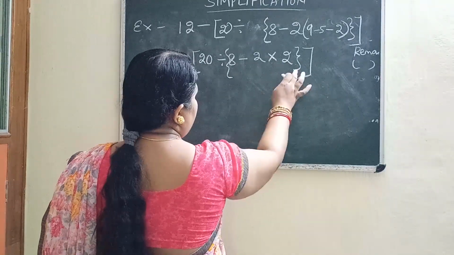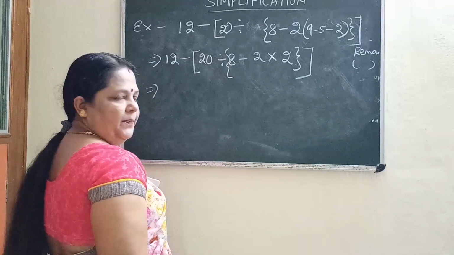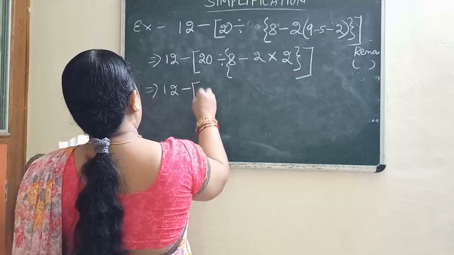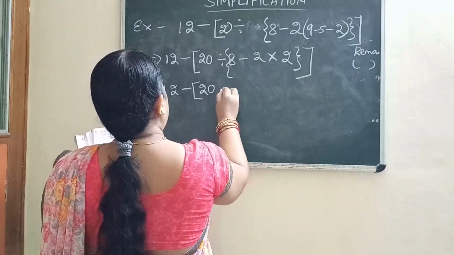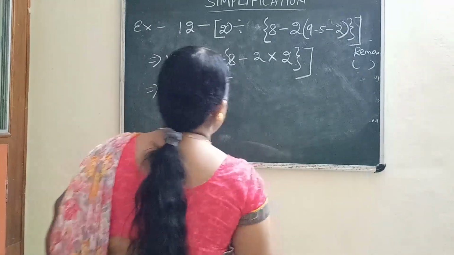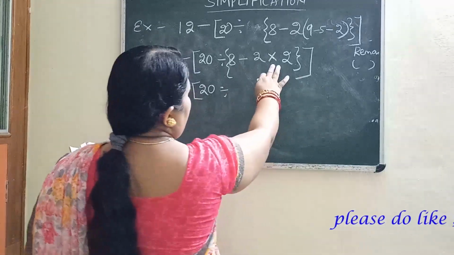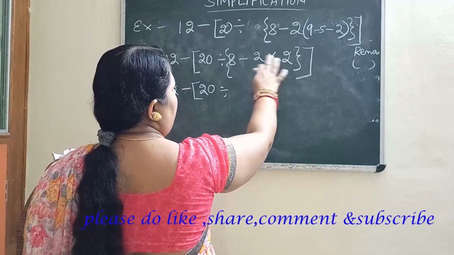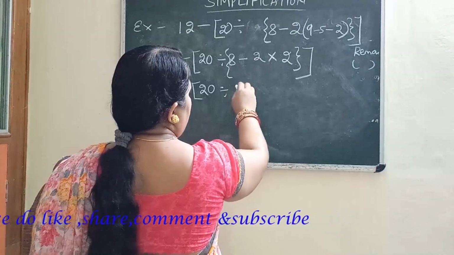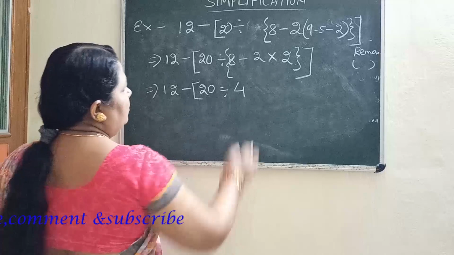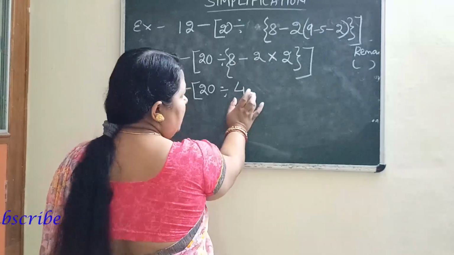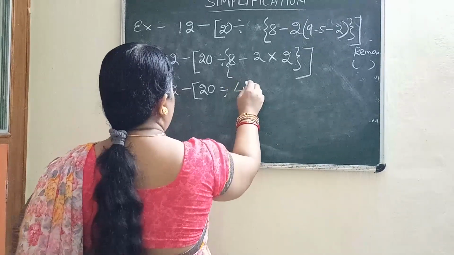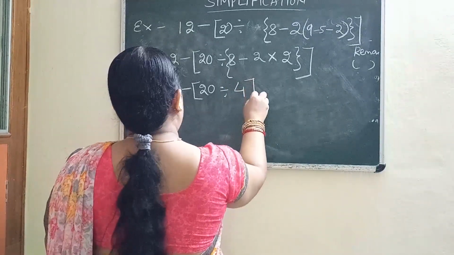See, in between this bracket, two operations are there. So what will you do? Solve this. 20 divided by, how much is it coming? 2 2s are 4. First you multiply this. 2 2s are 4. Then 8 minus 4 is 4. We got the value 4 here because we have solved both the operations. Then we got the single value, 20 divided by 4.